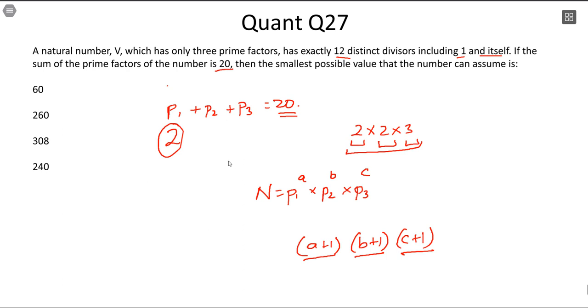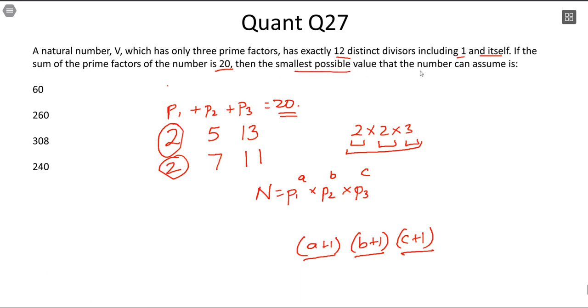18 has to be the sum of two prime numbers. So can it be 3 and 15? Both of them have to be odd and both of them have to be prime numbers. 1 and 17 not possible because 1 is not a prime number. 3 and 15 not possible because 15 is not a prime number. 5 and 13, yes, indeed possible. 7 and 11, yes, indeed it is possible. 9 and 9 not possible. So I have two possibilities for P1, P2, P3, either 2, 5, 13 or 2, 7, 11.